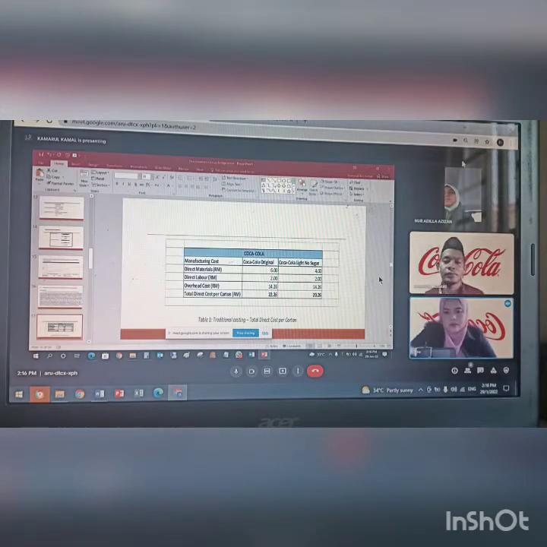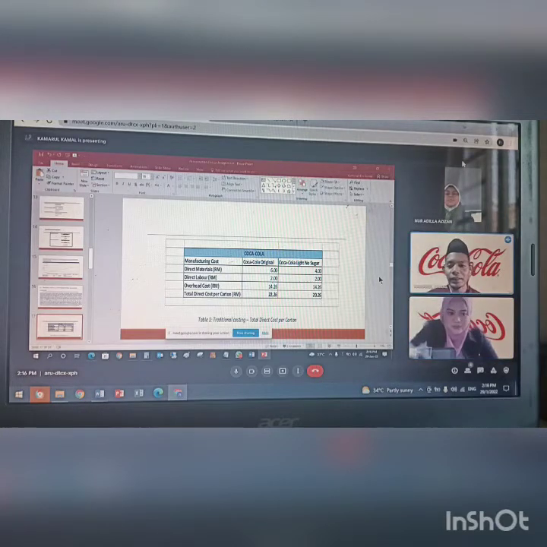Alright, from this table we can see we have manufacturing cost, which is direct material, direct labor, and overhead cost. Then for the Coca-Cola Original we got total direct cost per carton of 22 ringgit 26 cents. And for Coca-Cola Light,